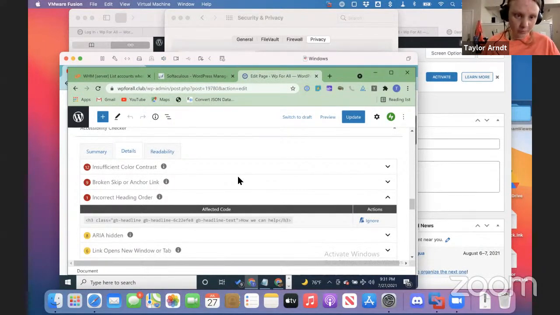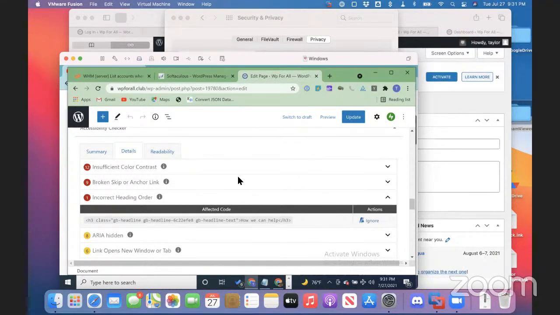So this is interesting because technically there's a big debate about this whole thing, about whether you should always start with an H1. According to the research we've done, WCAG basically says you can have the heading levels you want. But in terms of usability, it is always better to have a consistent heading structure that is sequential.